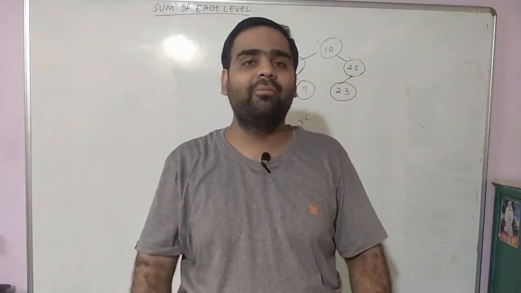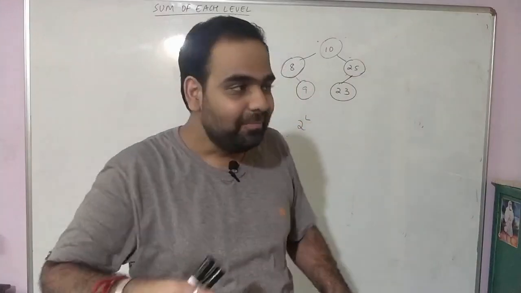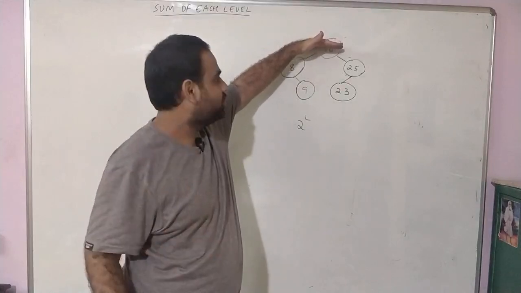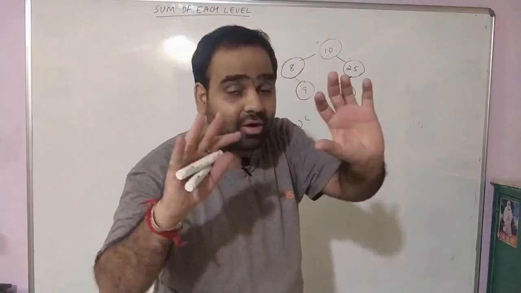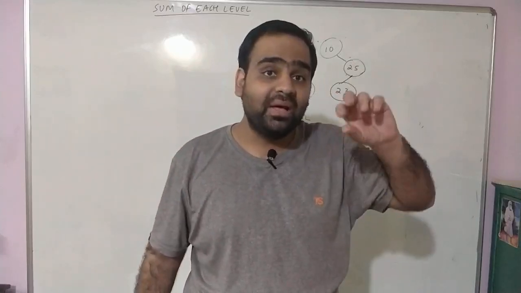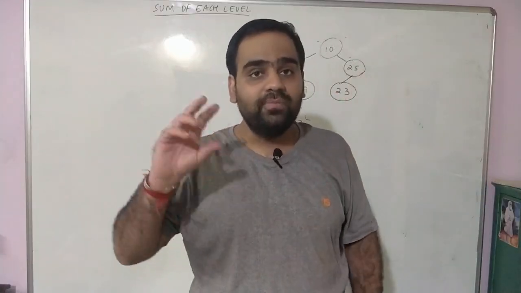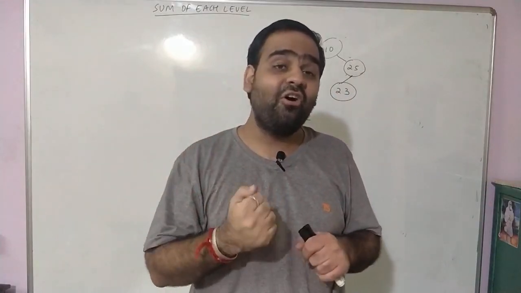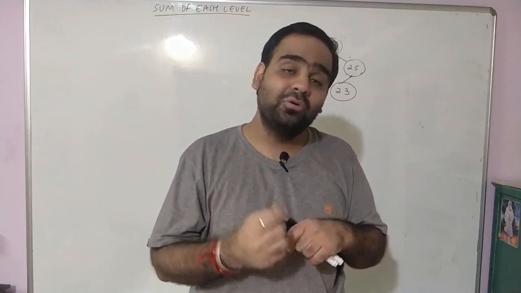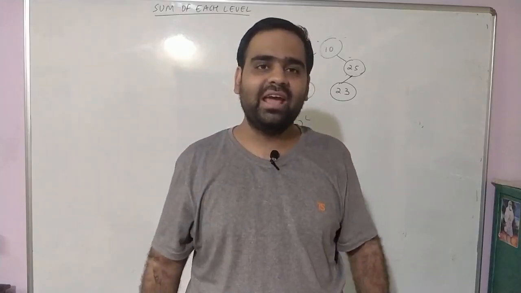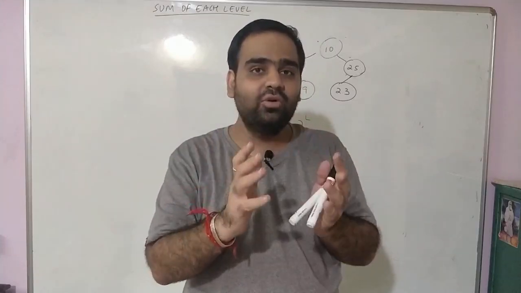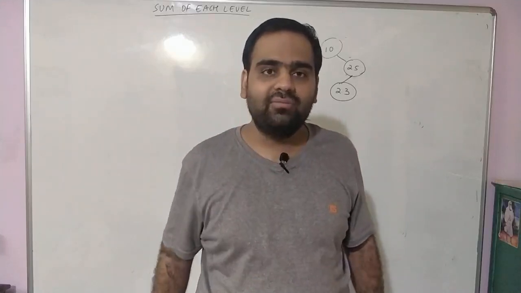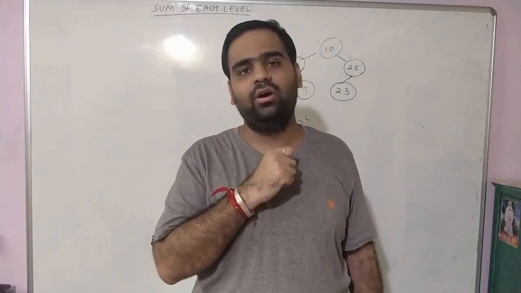If we do not know how many nodes are there in each level, then for the first attempt you might say 2 to the power 0 times, 2 power 1 times, but here you cannot say 2 power 2 times, because the level may be completely filled or may not be completely filled. Now, how do we know where the level has ended? To know where the level has ended, we will take the help of a special pointer, the universal pointer, that is the null pointer. We will take the help of the null pointer and we will know whether the level has ended or not.